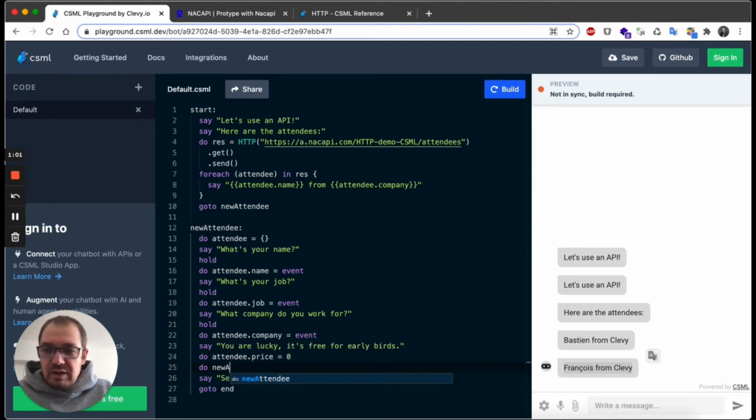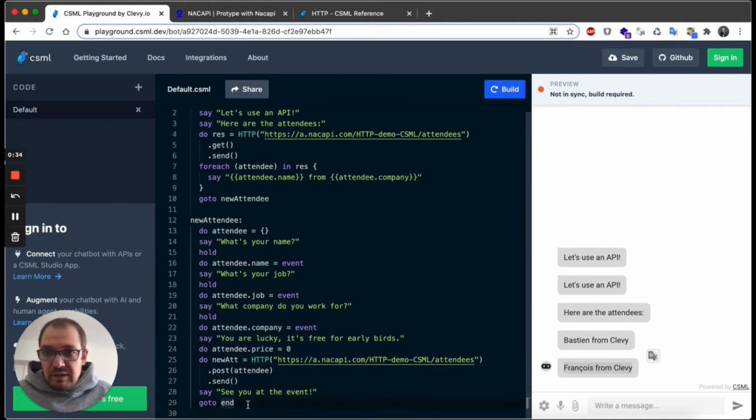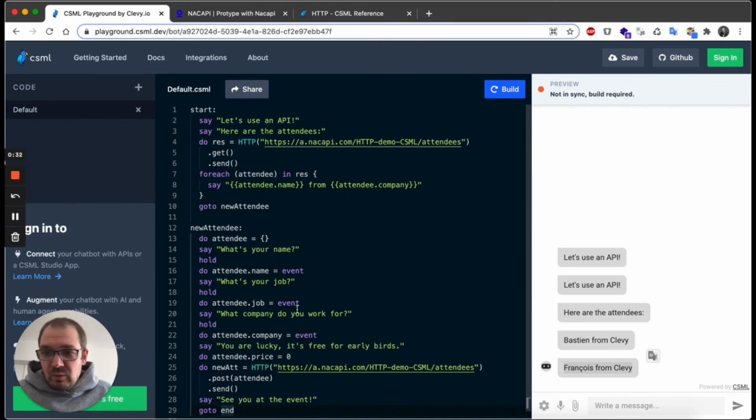Okay, now I just need to send it to the database, and I'm going to say do new attendee equal, and again HTTP. In this case, it's going to be the same URL. And this time it's a post verb. I'm going to send my attendee in the body, and I'm going to send it. And then once I've done that,